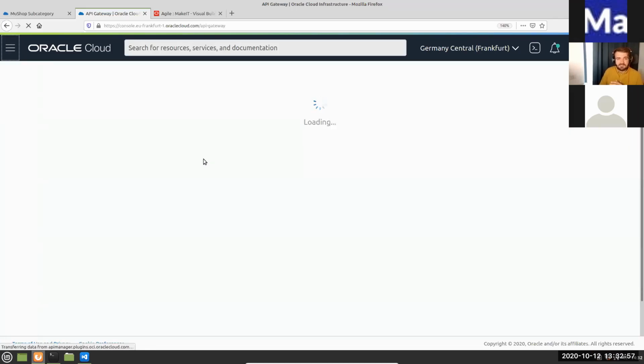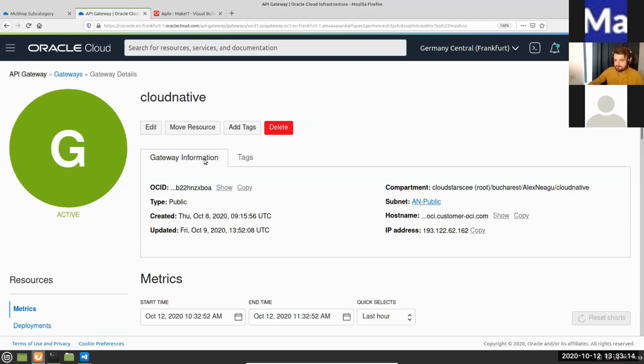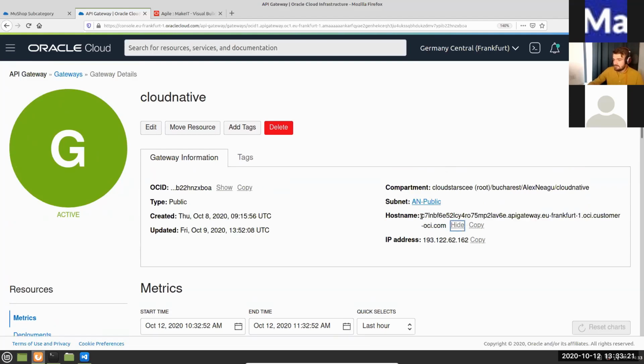It creates an endpoint in Oracle Cloud under which you can deploy multiple deployments. So for example, I can take different microservices and put them behind an API gateway. Creating an API gateway is very simple. Let's take a look at this one, which is used by our application. After configuring an API gateway, what I'm going to see here is the host name. When I invoke one of the services behind this API gateway, I use this one, and I just need to append the path to the specific endpoint.